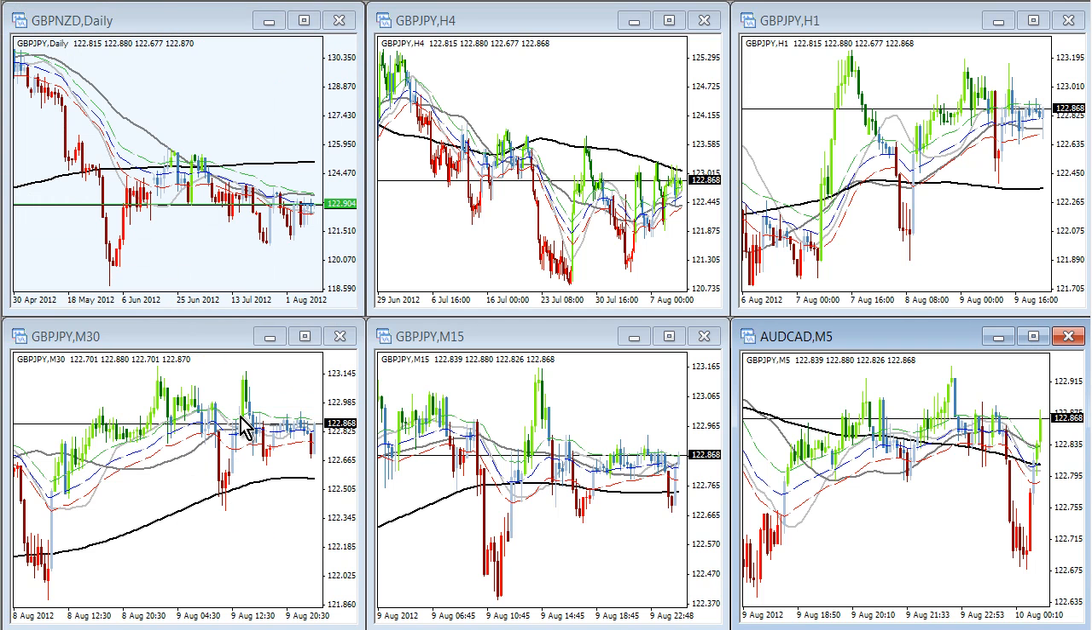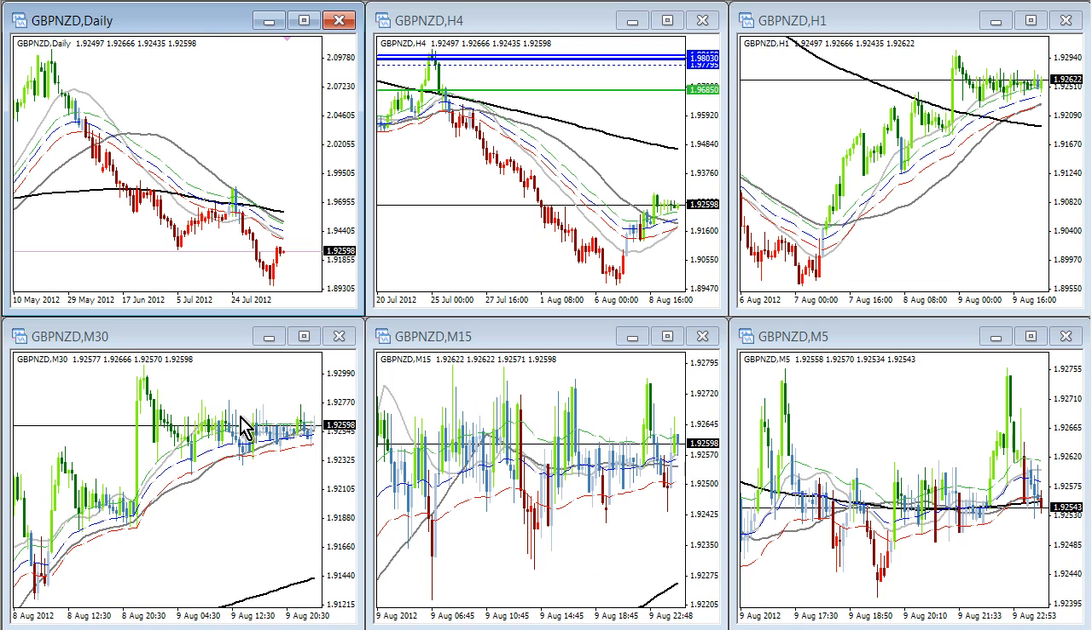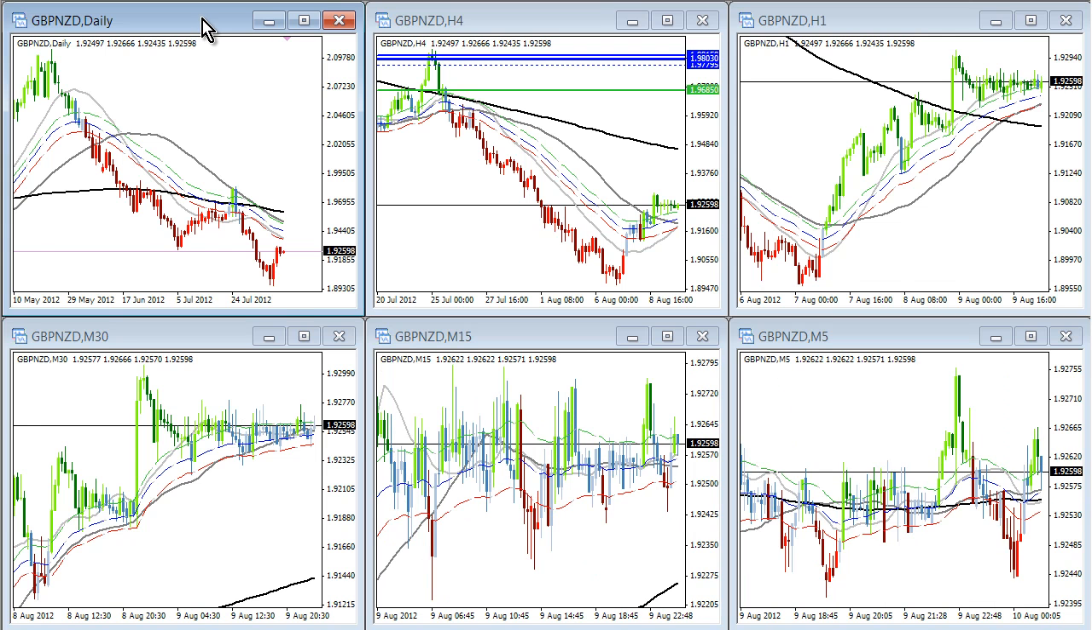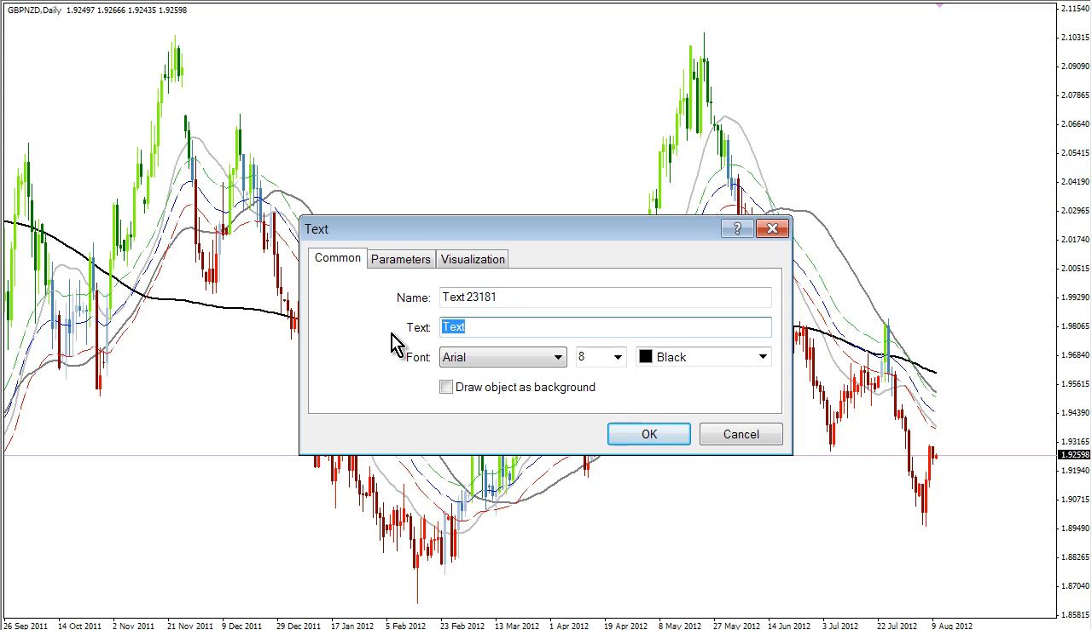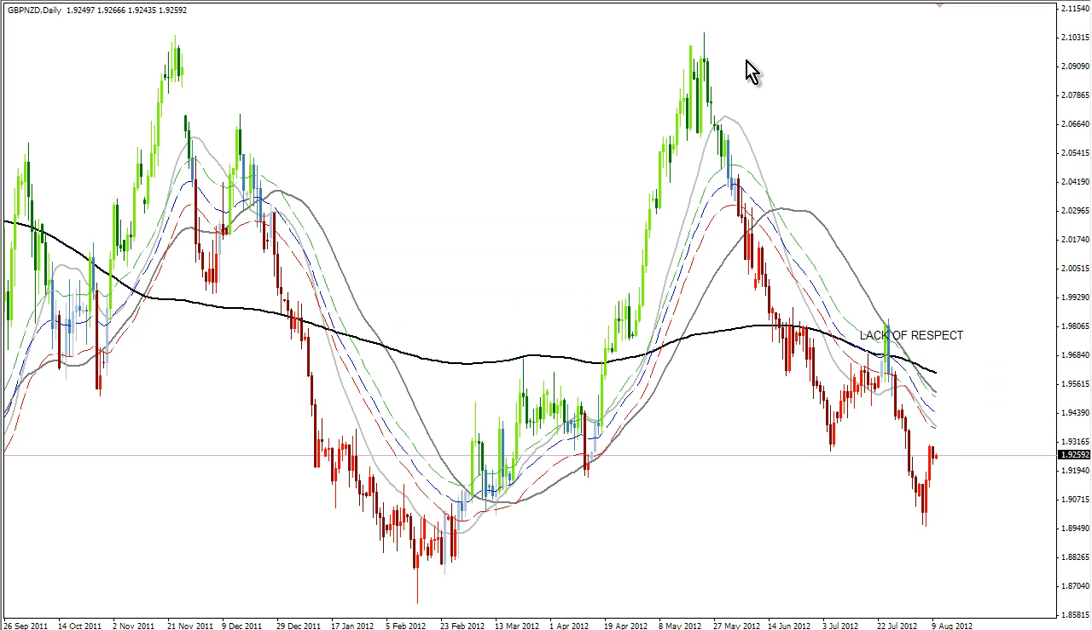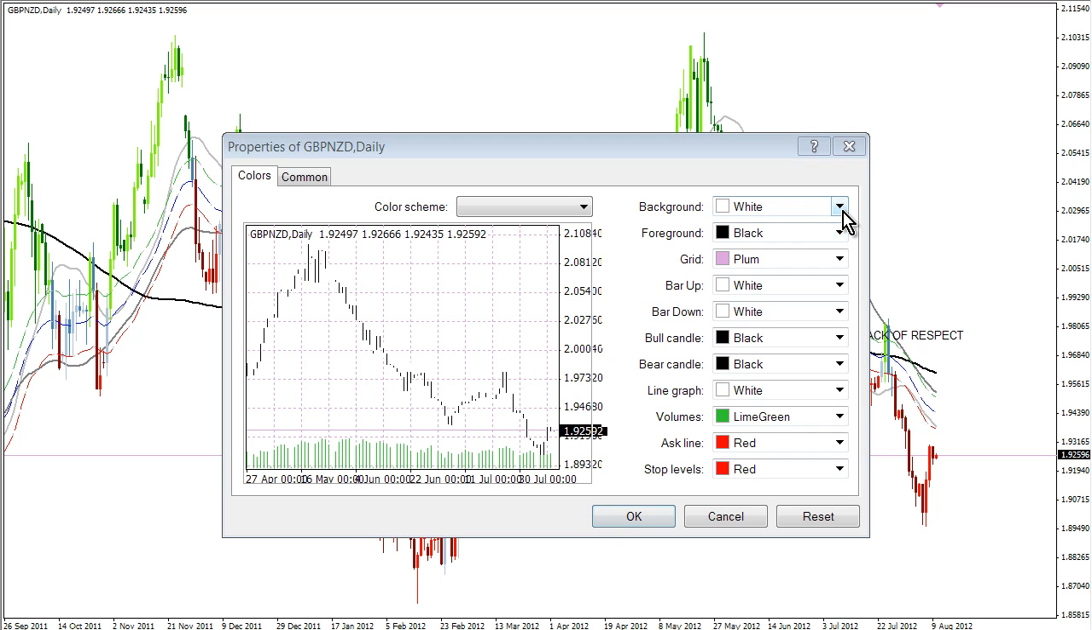Pound Kiwi. We have red grab candles. We do have a nice 4 to 6. Now here is where I want to make a note to myself, because this is a red background chart for sure. I want to make a note to myself. Lack of respect. So we have a downtrend, but it does seem to have the capacity for a lot of